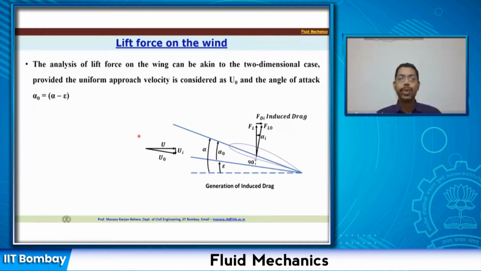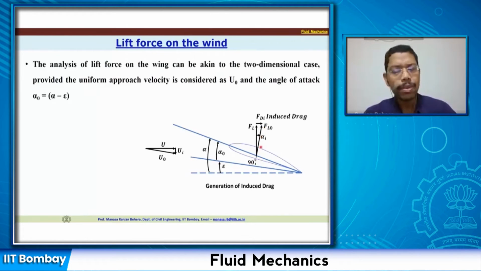In case the wind is also blowing, which is the case in general, then we will have to find out the direction of the wind as well as the angle with which the aircraft is moving, or the airfoil makes an angle alpha naught. Okay, so that's the angle of attack we consider. Now if that is the case, then let us resolve the forces. If you look at this, U0 is the ambient wind or free stream velocity, and perpendicular to that direction is going to be your lift force, that is FL0.